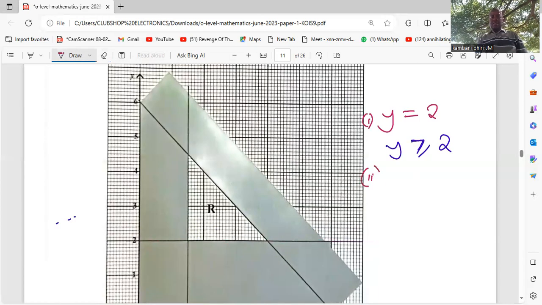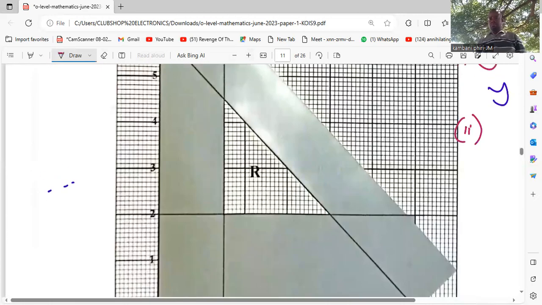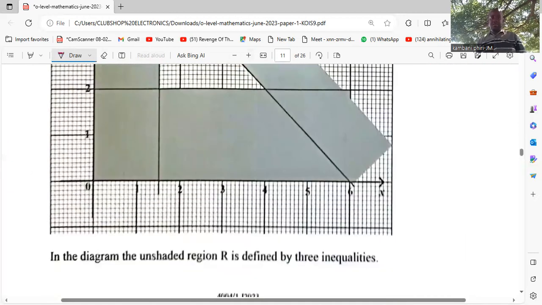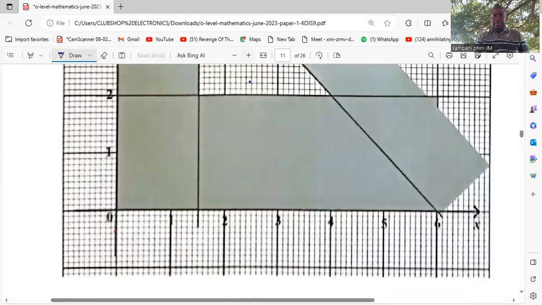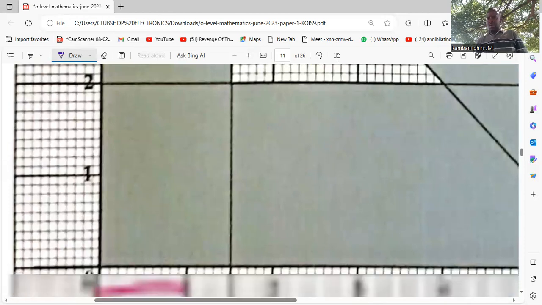The second inequality, you can pick on this one, passing through the x-axis. At what number? Okay, let's check it. You have to be careful. So you can see that from here up to there, it is 1. But there are 10 lines in between here. So you have got